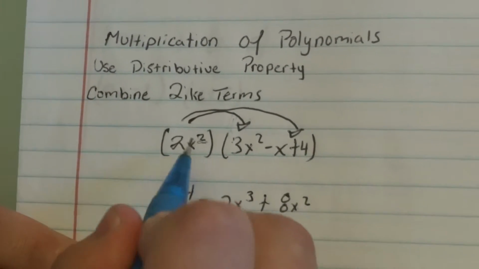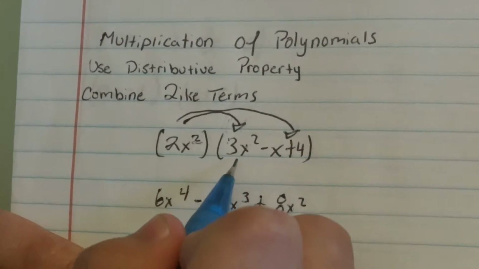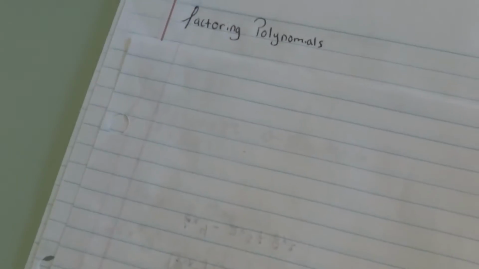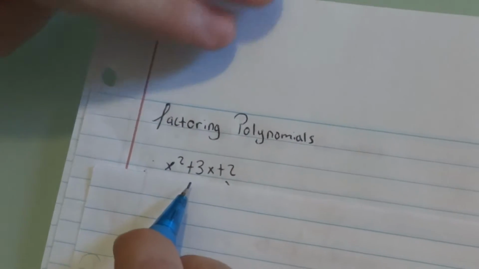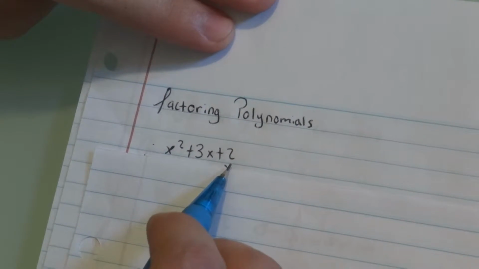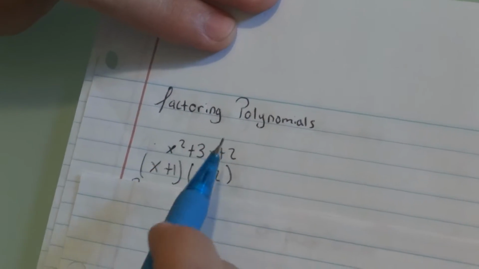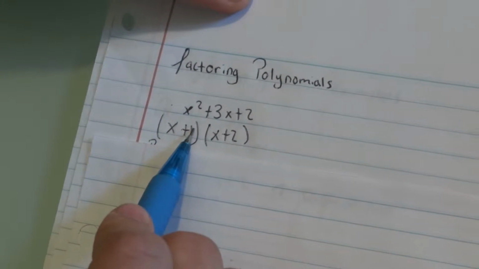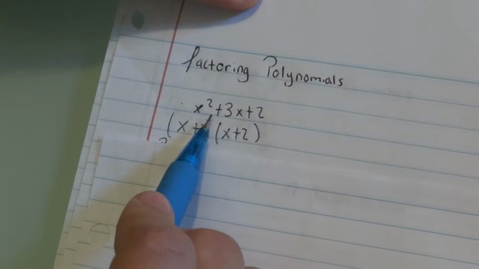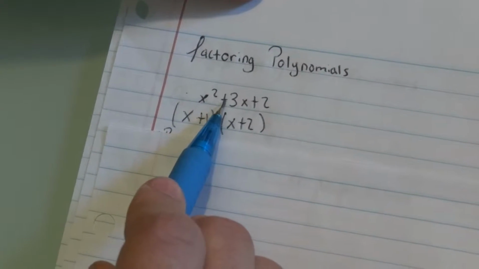And when doing the exponents, you add when multiplying. Our next thing we're going to do is factoring polynomials. Our first example is going to be x squared plus 3x plus 2. So easily we can detect that x plus 1 times x plus 2 is equal to x squared plus 3x